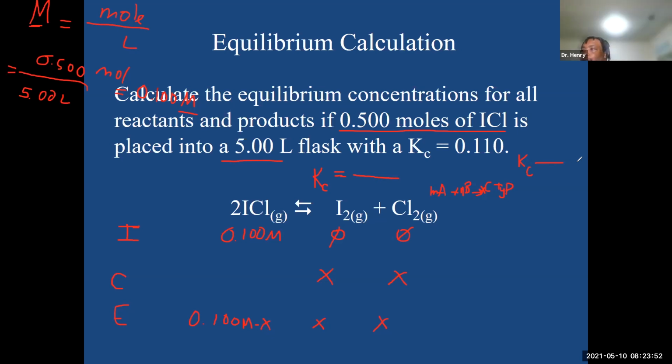Okay, so I'm going to give you this one. So we know that it's going to be our products over our reactants, right? So our products in this case would be the concentration of A,